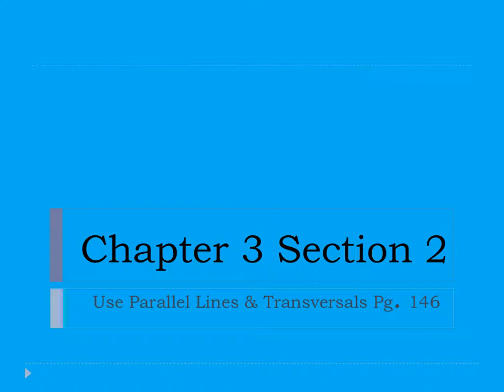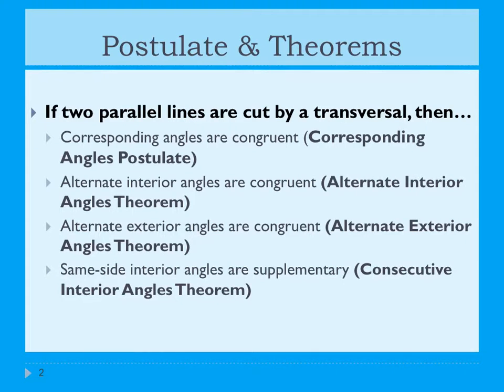All right, so chapter 3, section 2 is called Parallel Lines and Transversals. So there's a lot of carryover from yesterday. You have to know all the stuff that we knew yesterday, but now we're going to learn specific things that are special if those lines are parallel. So all of these 4 postulates or theorems, because some are postulates and some are theorems, all begin the same way, and they say if 2 parallel lines are cut by a transversal, then corresponding angles are congruent,